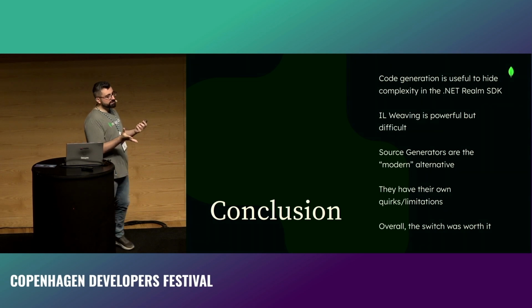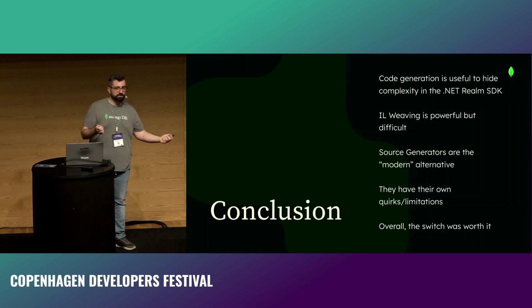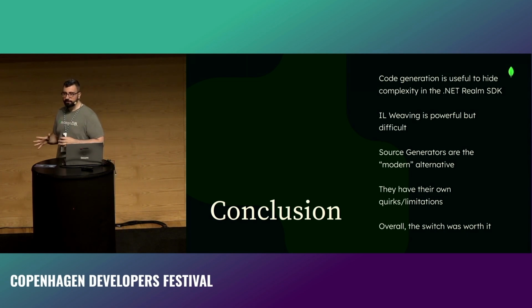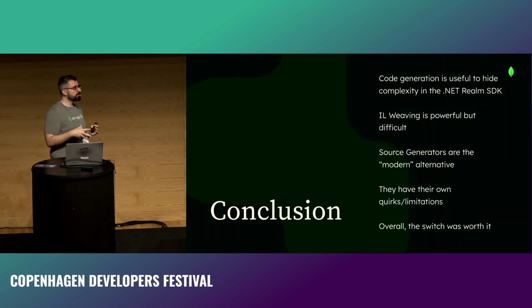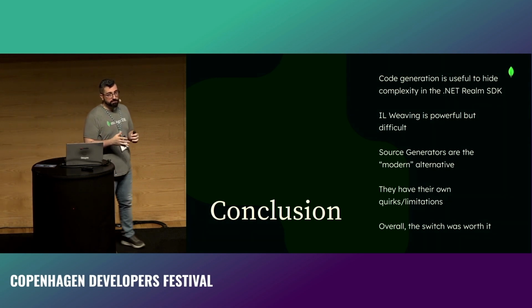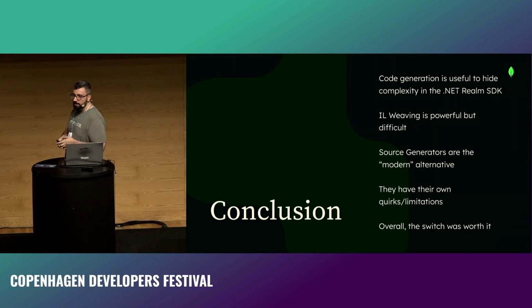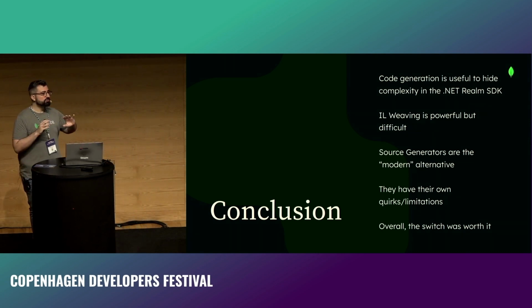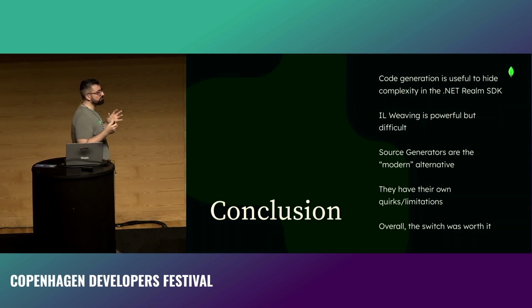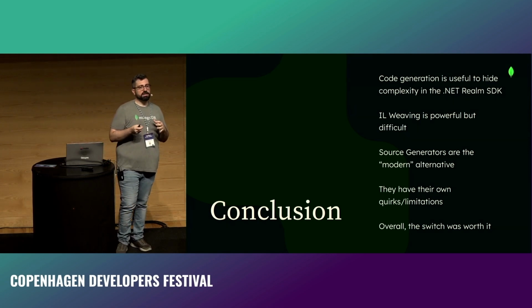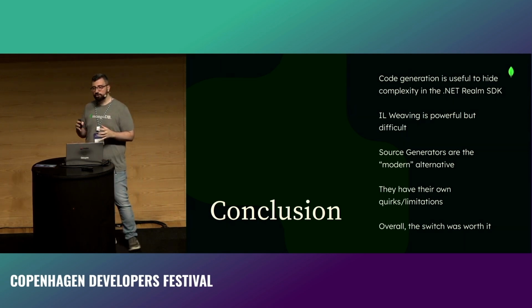For this reason, we decided to move to Source Generators, which are nicer to work with, more modern, and essentially what is being pushed by the ecosystem. So we believe that the support is going to be there. They all have their own quirks and limitations, but overall, we think that this has been a very good